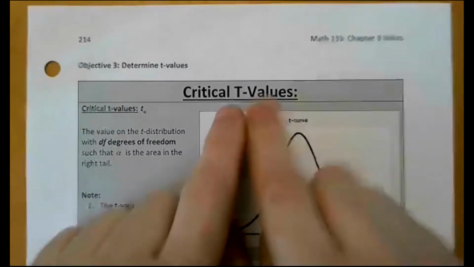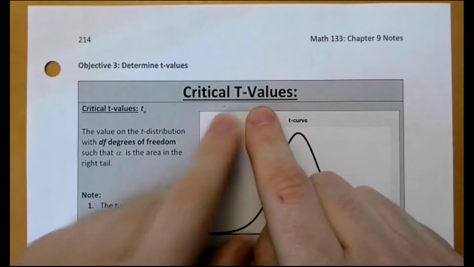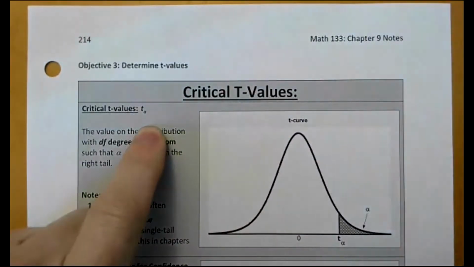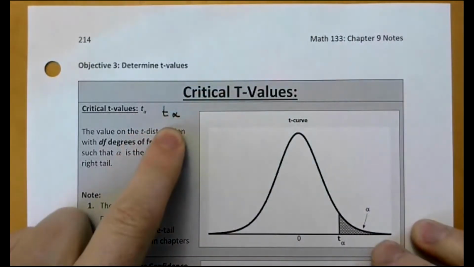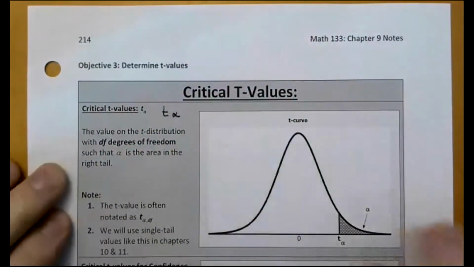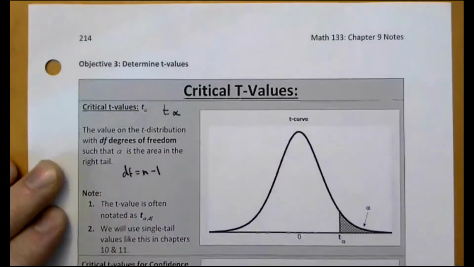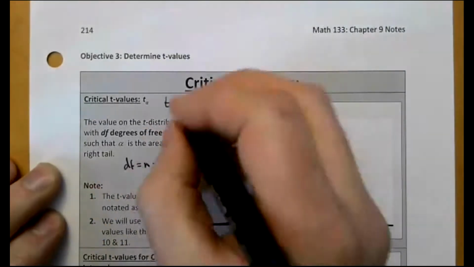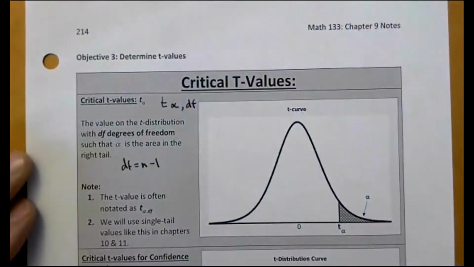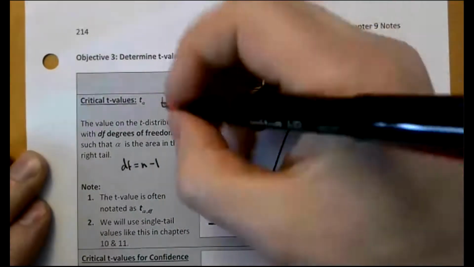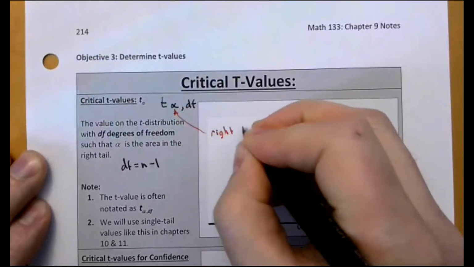Okay, so let's do these critical T values. Note, it's really hard to see, but this is a T alpha. So later we're going to work with T alphas. We always calculate these degrees of freedom as n minus 1. And then often when we do the notation, we don't do T alpha, we do T alpha and then put the number for the degrees of freedom. Just like with the Z curves, this area,